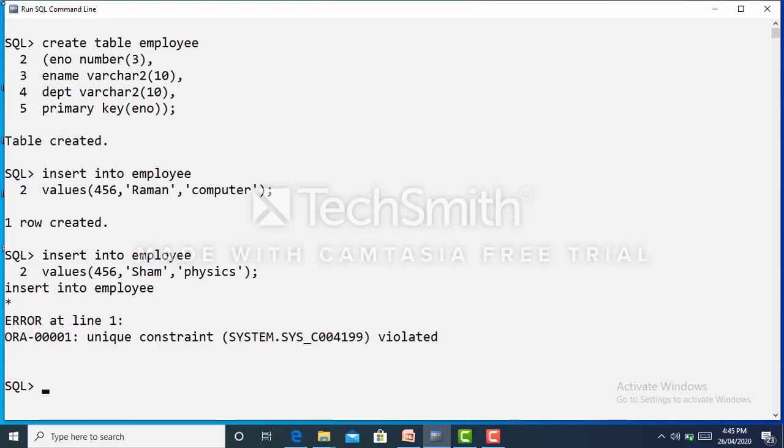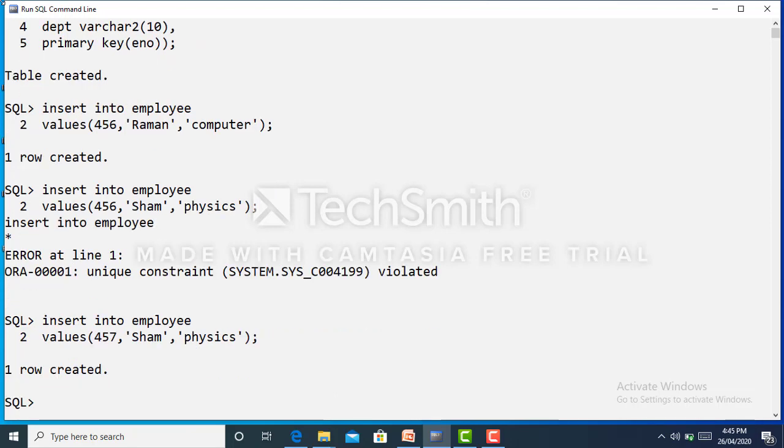Same error occurred here also, that is unique constraint violated. So I will insert the record by changing only the number. So the record is inserted. So in this way we have seen both the examples, column level constraint and table level constraint.